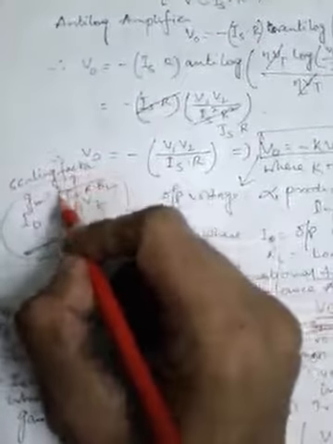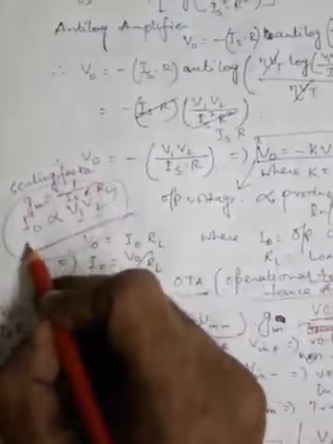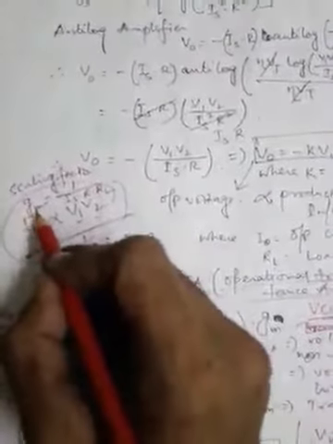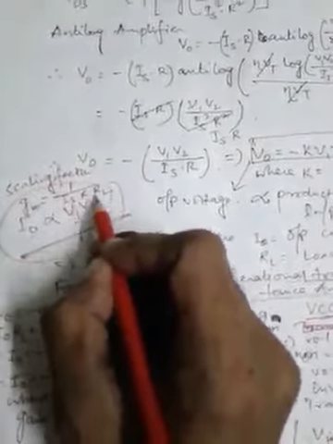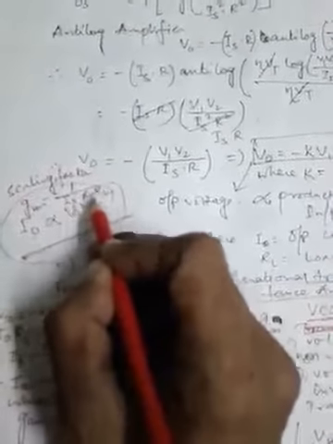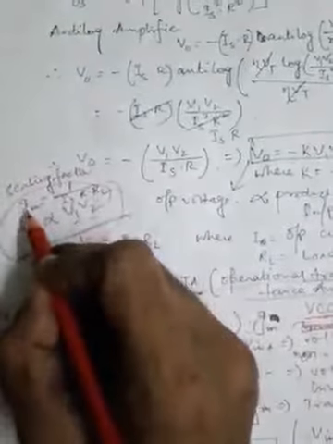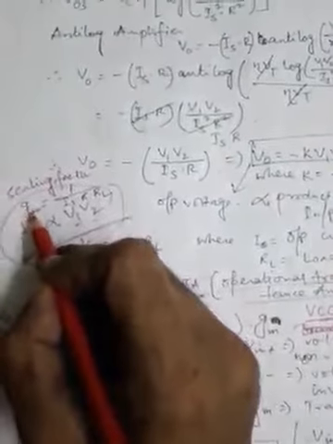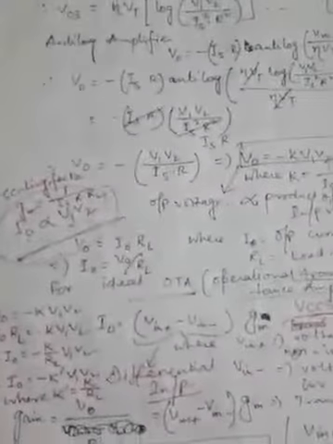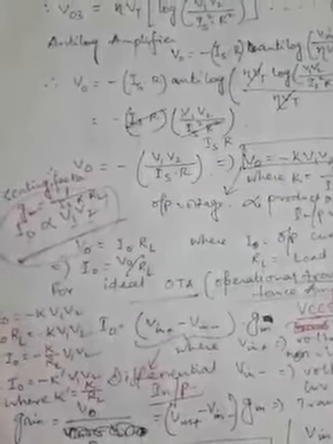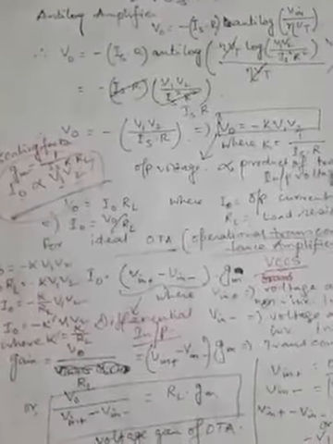So the constant term or the scaling factor for establishing this proportionality relation is my transconductance given by 1 by IS into R into RL. All these are constants. So that's why the GM is a constant, which is the transconductance, a constant value for this particular transconductance amplifier. So this is all I had to discuss for this circuit.